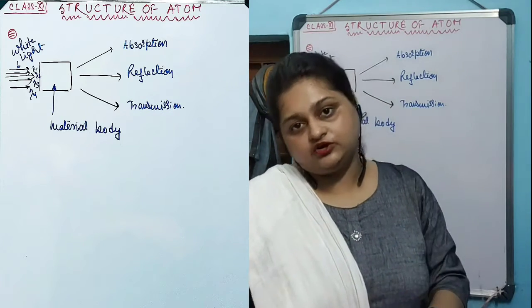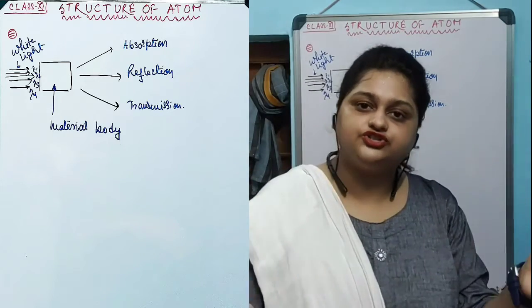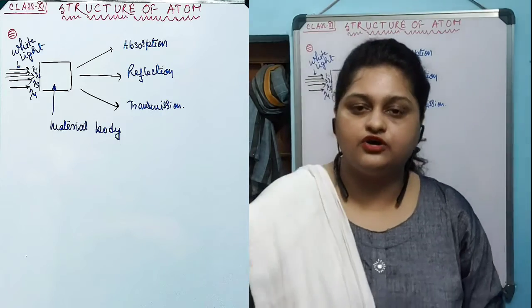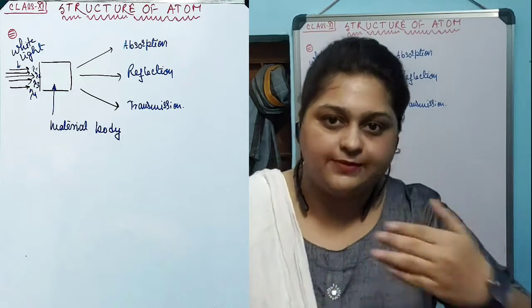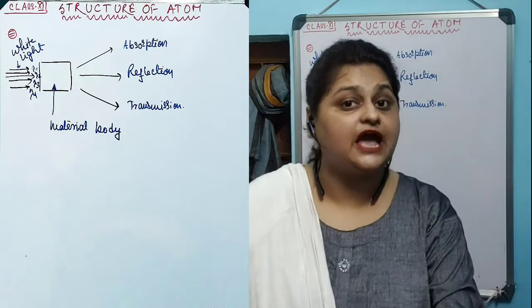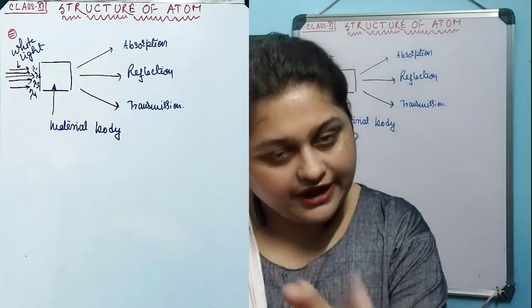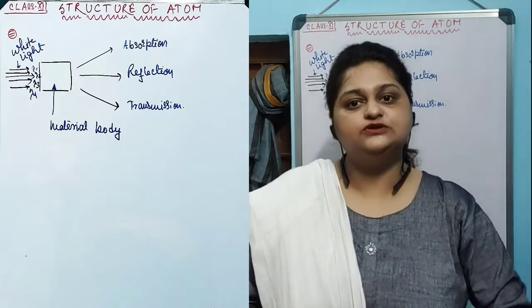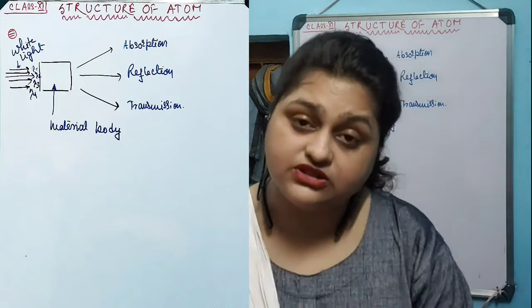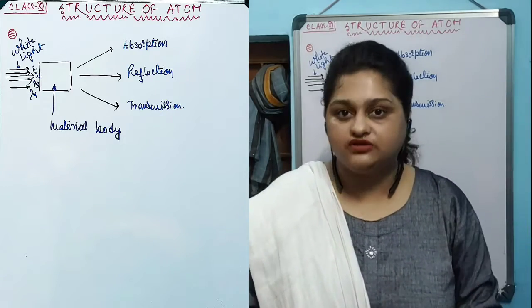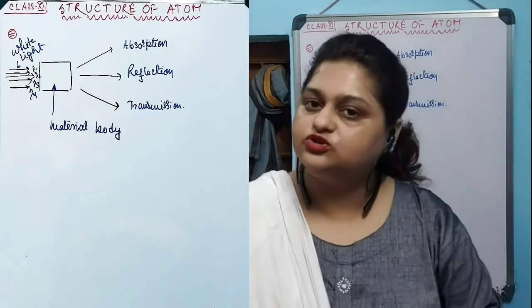So that is the color theory: when some material body is subjected to white light, all the constituent particles do not face the same kind of occurrence. Some of the radiation gets absorbed by the body, some gets reflected, and some is transmitted through the body. The radiation with particular lambda values that is reflected, when we perceive it through our eyes, if those lambda values lie within our visible range, then we see the corresponding colors.